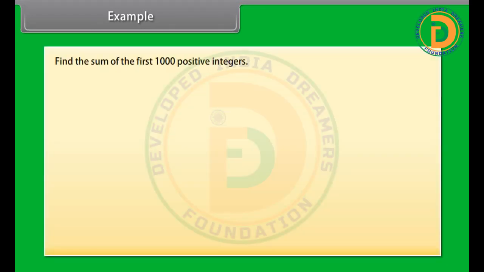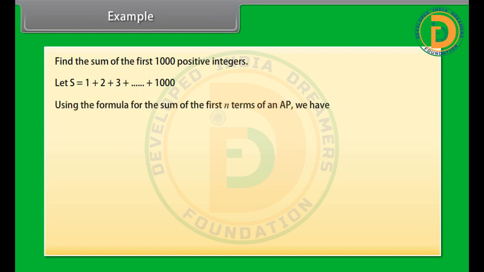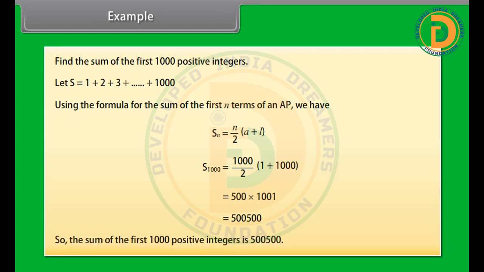Find the sum of the first 1000 positive integers. Let S be equal to 1 plus 2 plus 3 plus so on plus 1000. Using the formula for the sum of the first n terms of an AP, we have Sn is equal to n upon 2 into (a plus L). Substituting the values, we get S1000 is equal to 1000 upon 2 into (1 plus 1000). This is equal to 500 into 1001, which becomes 500500. So, the sum of the first 1000 positive integers is